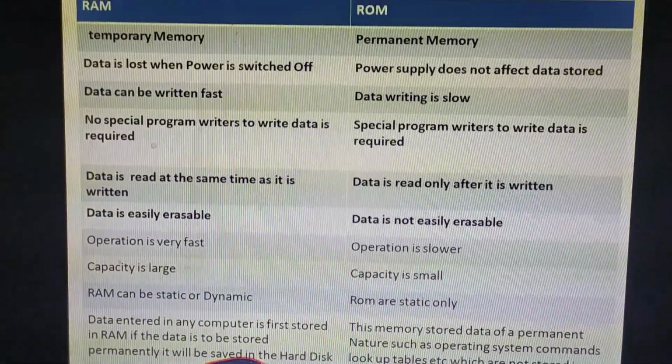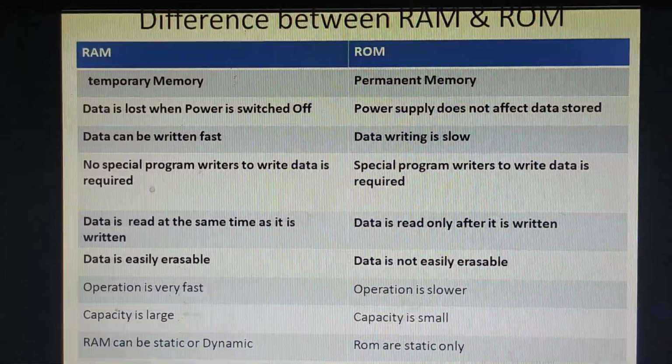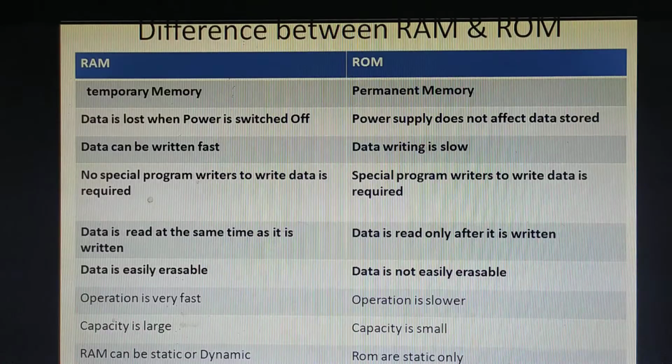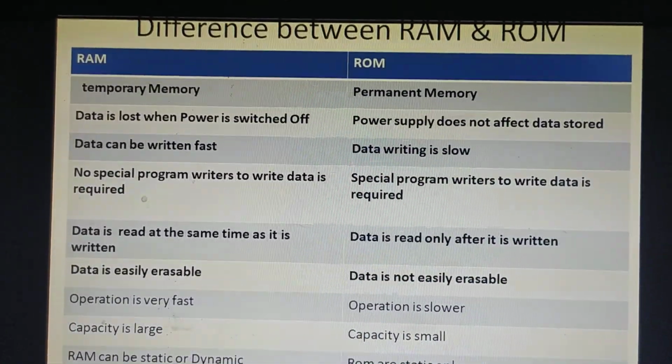As I told you earlier, this question is usually asked for 5 marks, so just 5 points are sufficient. For your safety, you can write 7 to 8 points. That is very good.